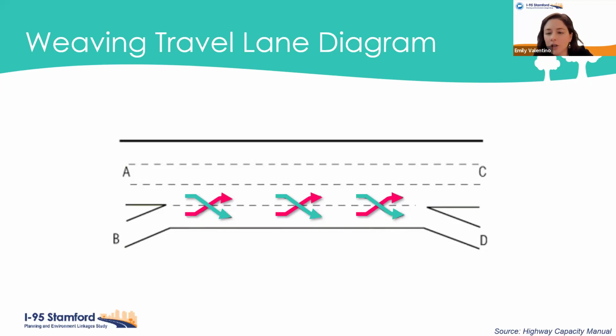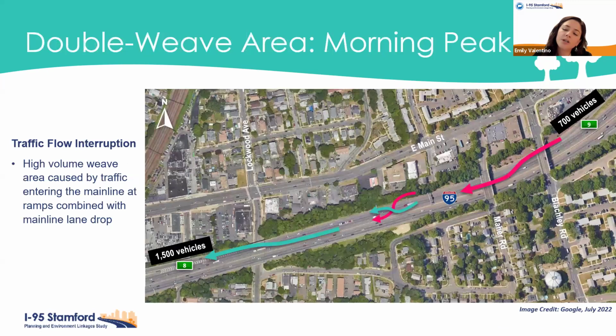And we can look at an example of where that happens in the southbound direction, between the entrance from Route 1, which is interchange 9, and getting off at exit 8. There are 700 vehicles in the morning that enter from that ramp, and they are having to merge and jockey with those 1,500 vehicles that are exiting the highway. So those two high volume ramps and all of the merging will create some of that congestion that you see